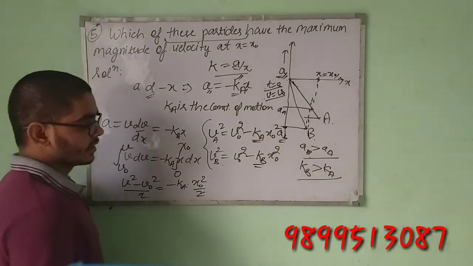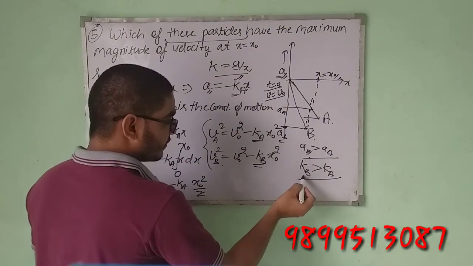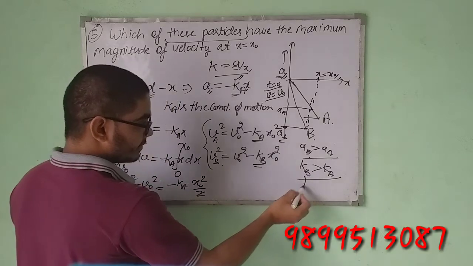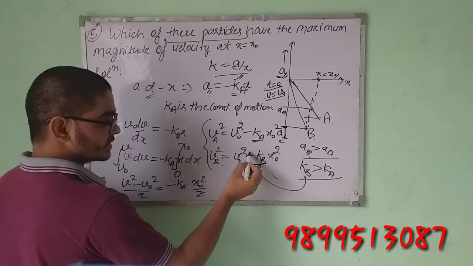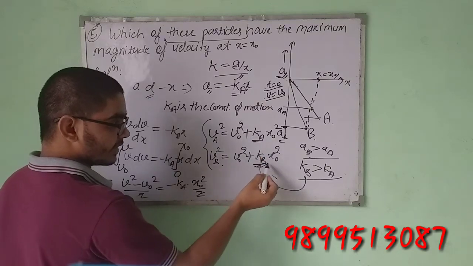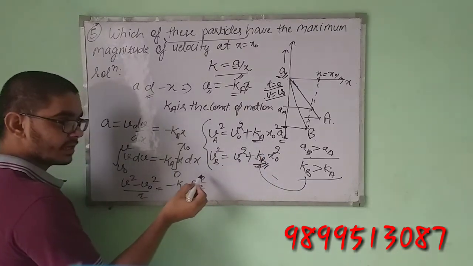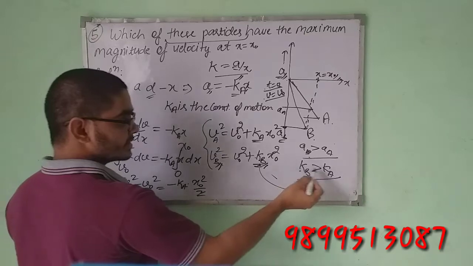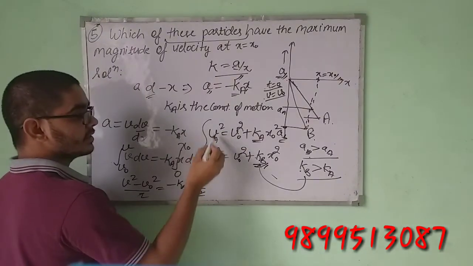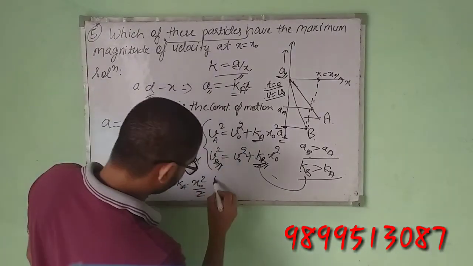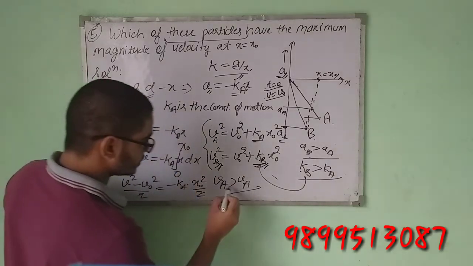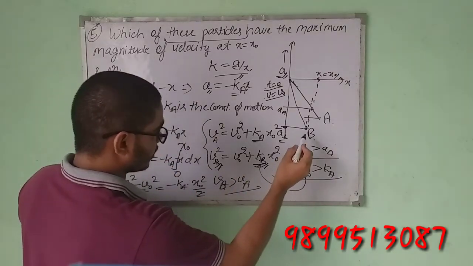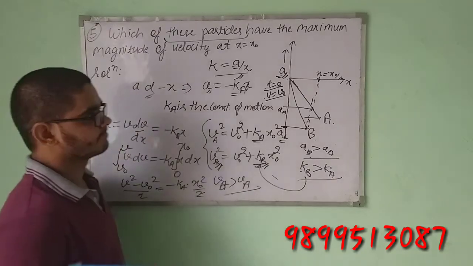But this value is negative, right? If I put this value KB over here, this will change these to positive. Now, higher the value of KB, higher will be the value of velocity. Since KB is greater than K, VB is simply greater than VA. So this is the answer: at x equal to x naught, velocity of body B will be greater than the velocity of A.